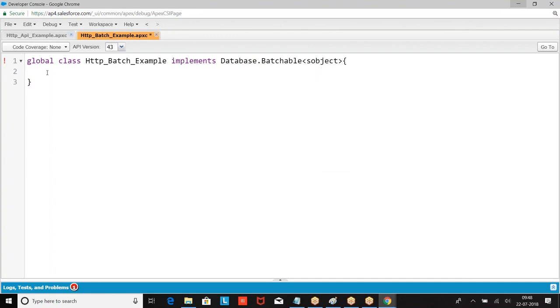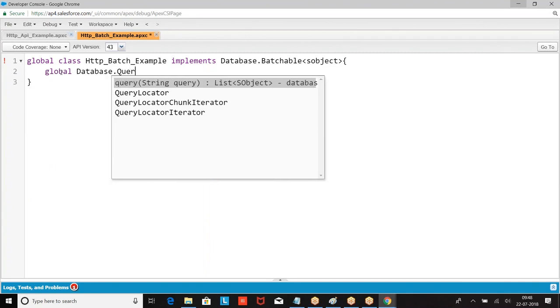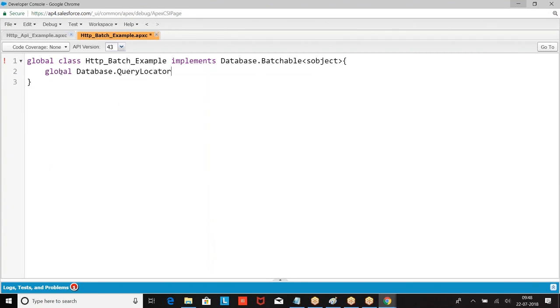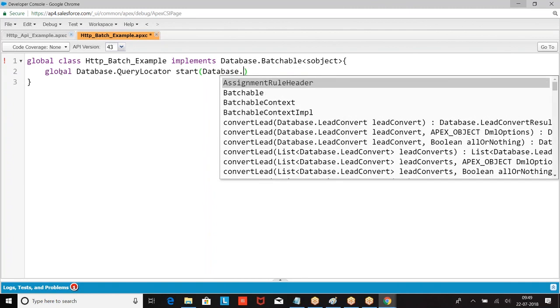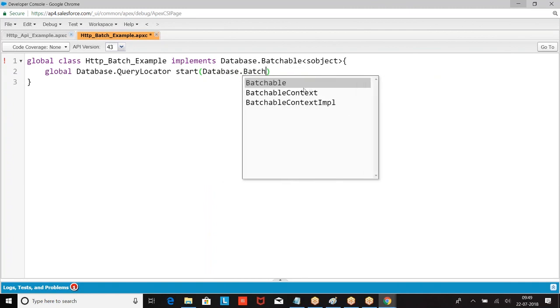Now global Database.QueryLocator start(Database.BatchableContext